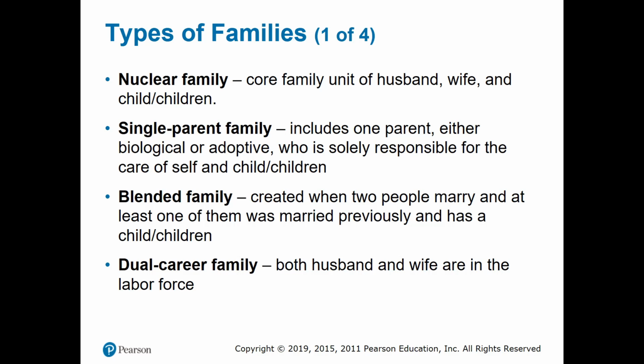Types of families. And again, we'll go through some of these definitions. A nuclear family is the core family unit of husband, wife, and child or children. Once again, this is one perspective on nuclear family. We do see that a nuclear family may be a single parent home, or other kinds of non-traditional homes. Sometimes this could be grandparents, aunts, uncles, etc. So with a nuclear family, oftentimes we're looking at one specific household. But again, there are variations in terms of definition.